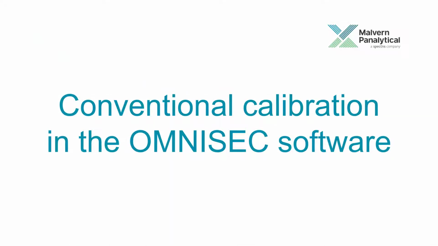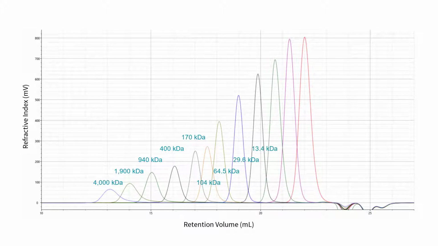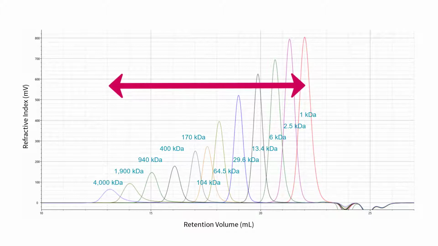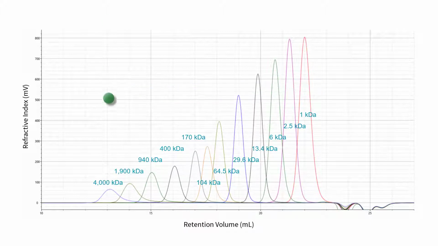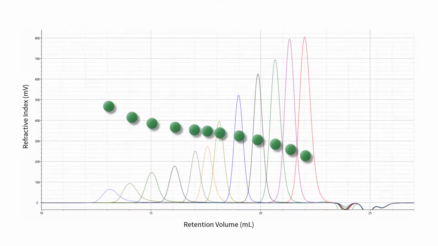Conventional calibration in the OMNISEC software. To perform a conventional calibration, a series of well-characterized standards must be analyzed. These standards should cover a wide molecular weight and size range so that the entirety of your column set resolution is mapped. Once the molecular weights of the standards have been entered and assigned to the corresponding retention volumes, the